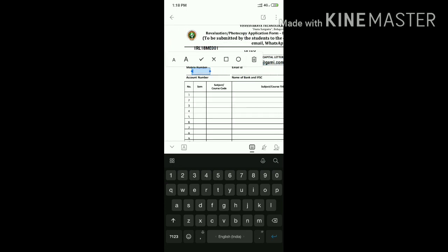Now the account number, say 123456. For the account number and bank details, refer to your passbook and enter them properly. Name of the bank, suppose it is Corporation.